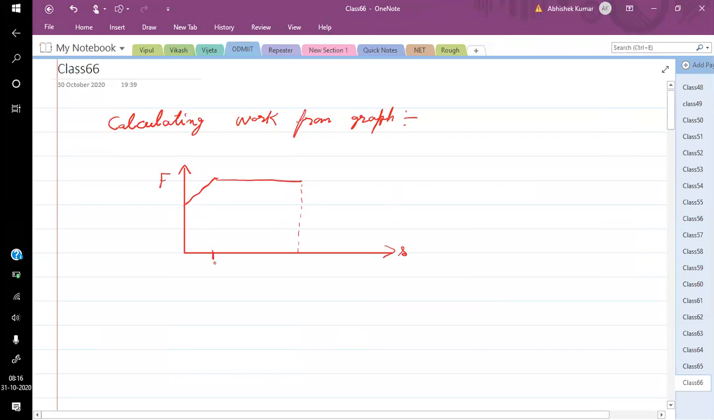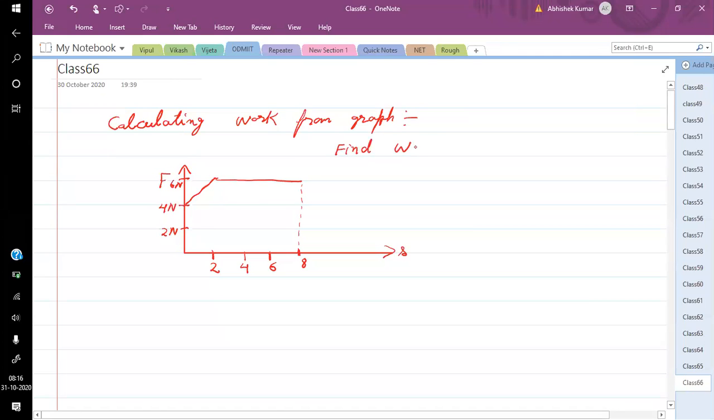Suppose this is 2, this is 4, this is 6, 8. Okay, so these are the distances. Then the force values are, suppose this is 2 Newton, this is 4 Newton, and this is 6 Newton. So we have to find the work done by this force during this 0 to 8 meter displacement. So find work done